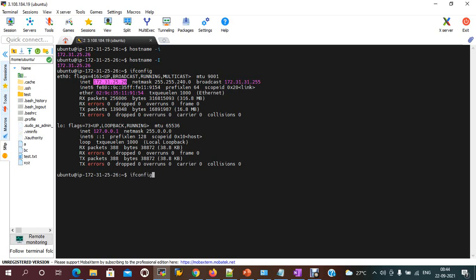Same like hostname hyphen s, it will display the short name.